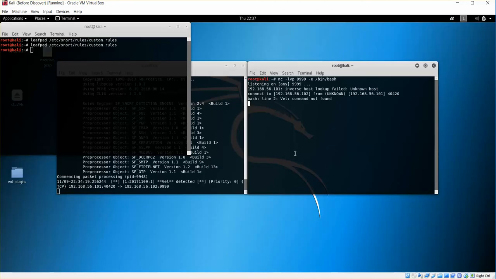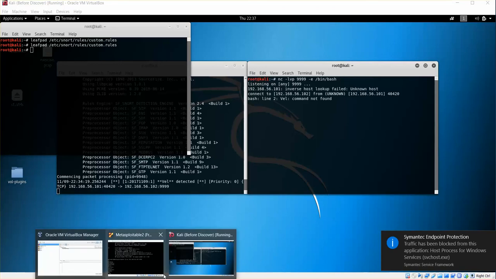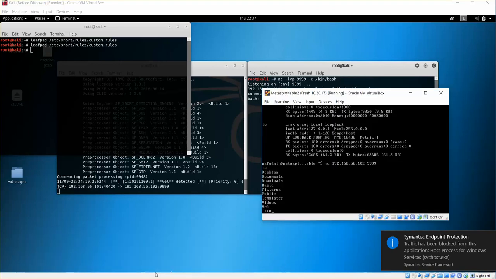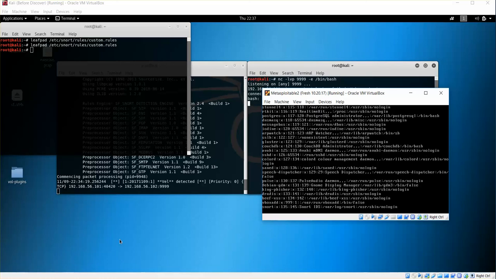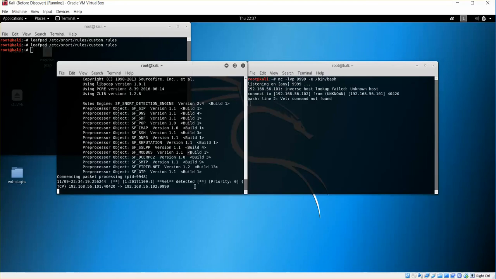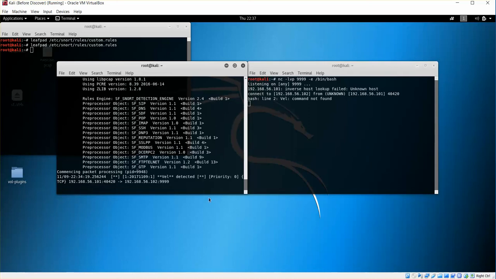Okay. And now, since we have the shell established, let's go in and see if the rule is working correctly. What we need to do here is invoke a command like passwd. Okay. So we see the alert detected, but we don't see